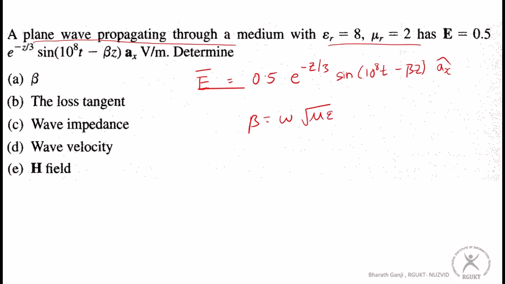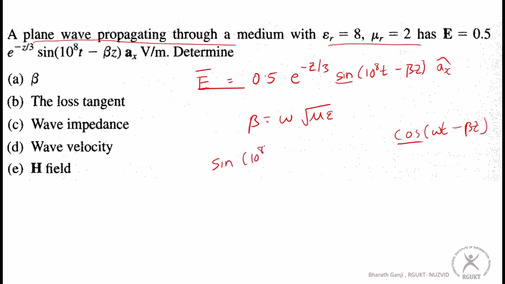Usually the problem students face is this. Till now you have solved problems which have a cos here, and the common format for a wave is something like cos of omega t minus beta z. But here there is no cos, there is a sine. So should I use the formulas which I have derived before, or formulas which are given to me? Can I take omega as 10 to the power of 8, or should I take some other value? There is no need for it, simply because you can see